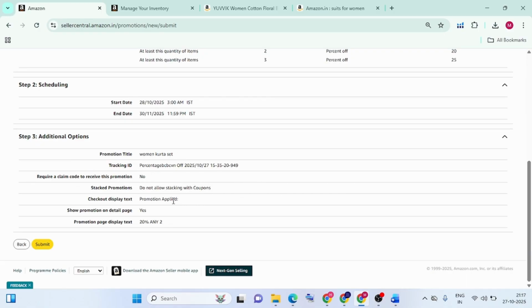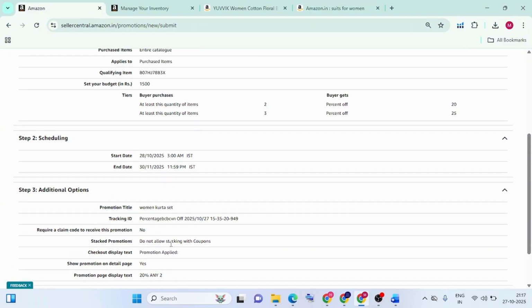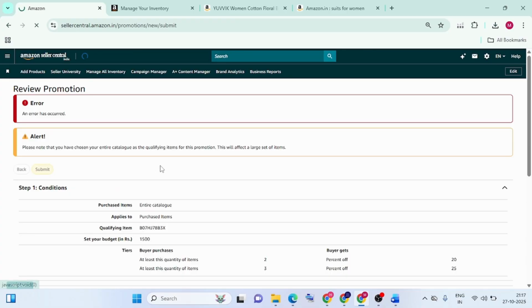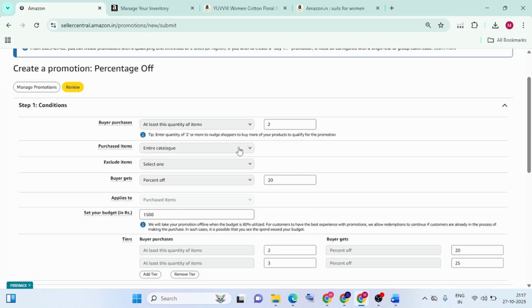Woman kurta promotion link to see this promotion. Yes, taking more. Promotion code applied by two. Sorry, I also see the qualified item, right? Yes. I just go back and just hit